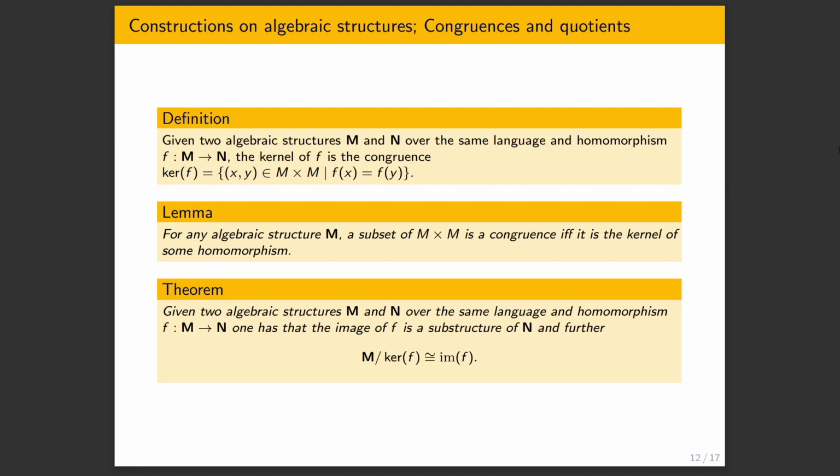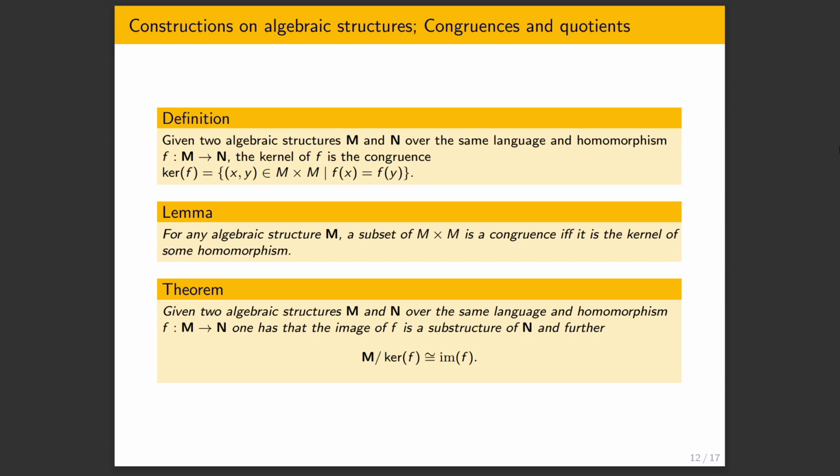I'm not sure about the third one, but here I'll just state the first one. So first of all, when you have a homomorphism between two structures, the image within the algebraic structure is going to be a substructure of the codomain of the homomorphism, and it's going to be in fact isomorphic to the quotient of the domain by this congruence of the kernel of f. And you can check this just by the map as you do with groups or modules, just a little bit of diagram chasing. So this is already kind of convenient.